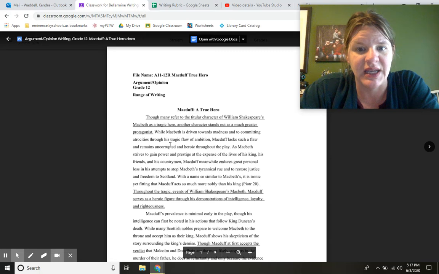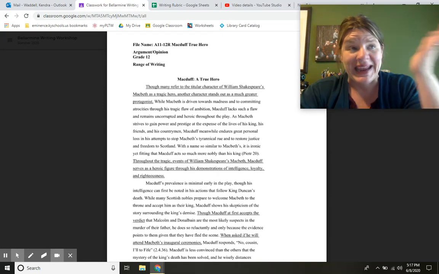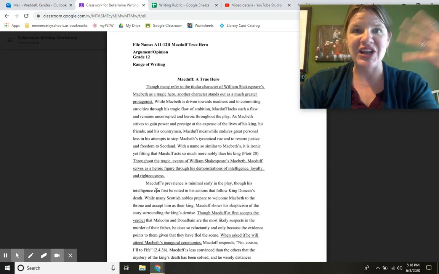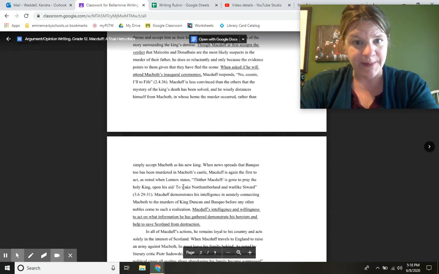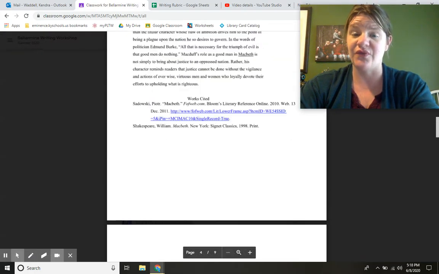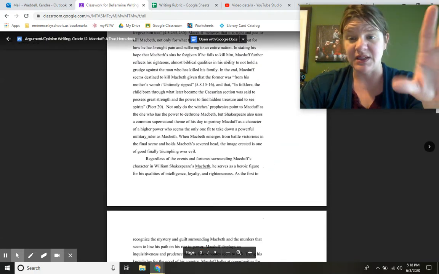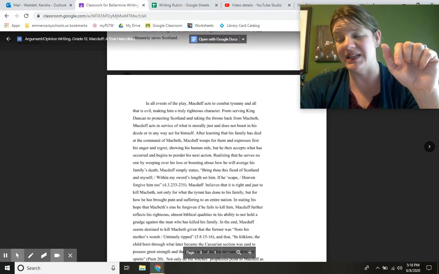I won't keep reading, but I want you to see how this writer and the girl or boy who was writing about To Kill a Mockingbird know what they're talking about. They have something that they want to say. This is going to go on. This is almost a 4-page paper with only 2 works cited, okay? Which is plenty. There's no reason to have 8 works cited unless you're really going to read and